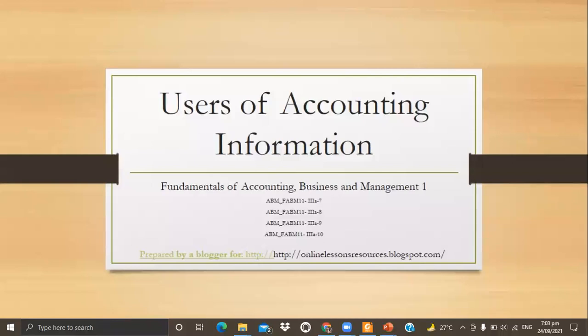So now, ano na tayo? Chapter 3, users of information. Mabilis, no? Kasi we have a total of 12 chapters in FABM 1 eh. And then, medyo mahirap yung mga last chapters. Mga huling 3 chapters, or 4 chapters ata yun.